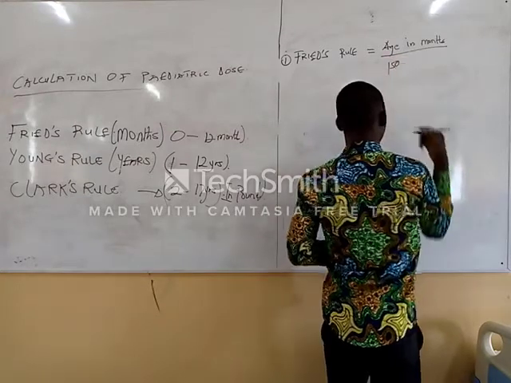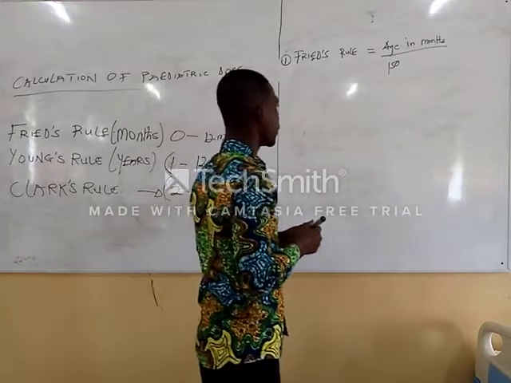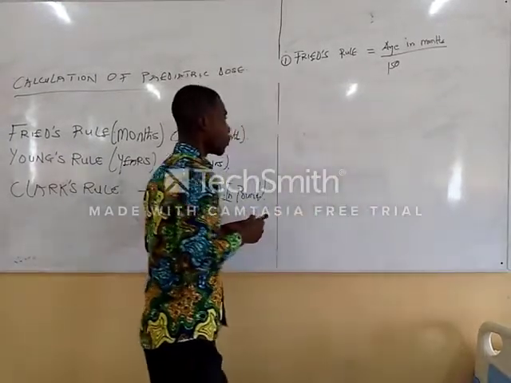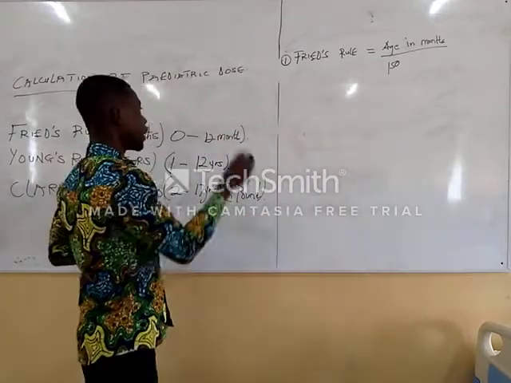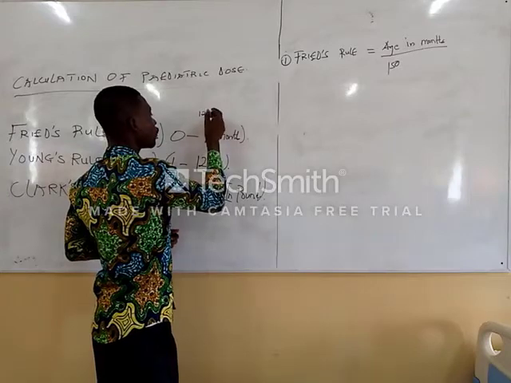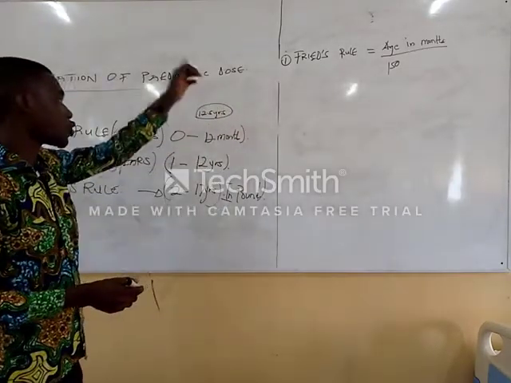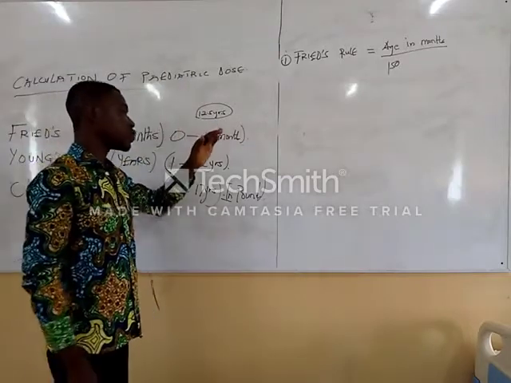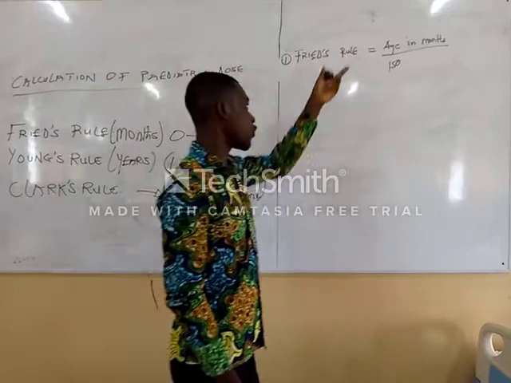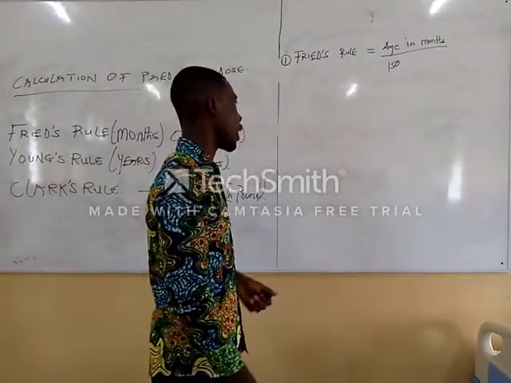It is a rule. Fried gave this rule 150, and 150 came from a rule which says that a child of 12.5 years can take an adult dose. So 150 is just from the formula, it is a constant, it is in the formula, then